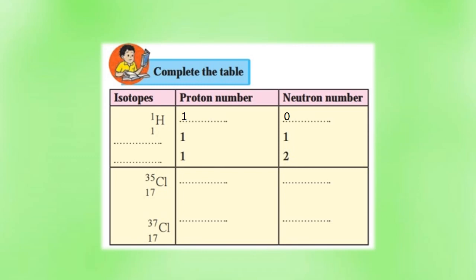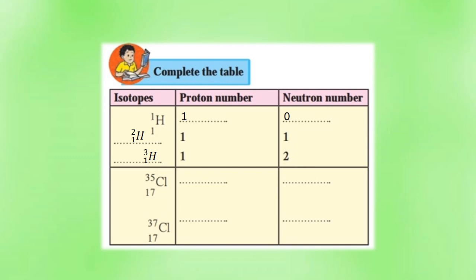For the second one, we have to write down the isotope. They have written the proton number and neutron number. So, this is the answer. Below we have to write 1. That is, proton number will always come below. And at the top, we have to sum up the proton and the neutron number. That is 1 plus 1 is 2. Hence, we wrote 1H2. For the third one, it will be 1H3. Below we write only the proton number and at the top we write proton plus neutron. So 1 plus 2 is 3.